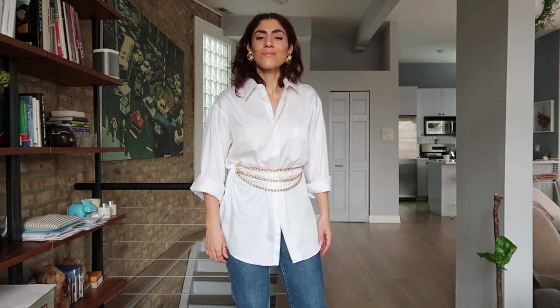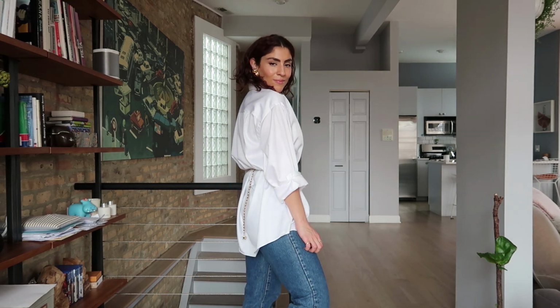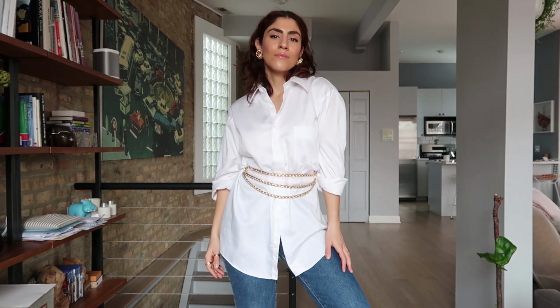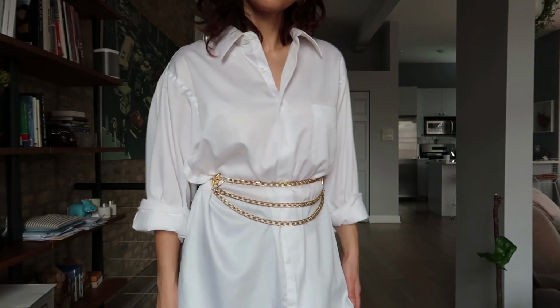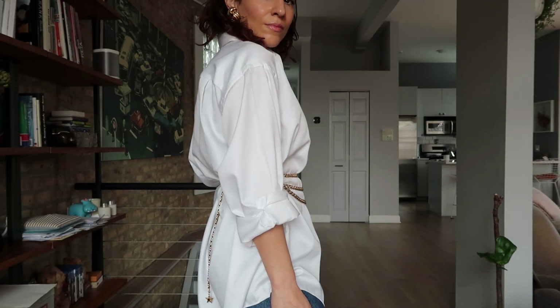Another alternative is to style the oversized button-down shirts with a belt of some sort. Again, highlighting your waistline. So here I've styled it up with a chain belt. Another great trend that I'm super into. You know me, I love my gold accessories and jewelry. Obviously, I'm gonna go with a gold chain belt here. This is just another example of a way you could wear an oversized button-down shirt if you're larger busted, focusing